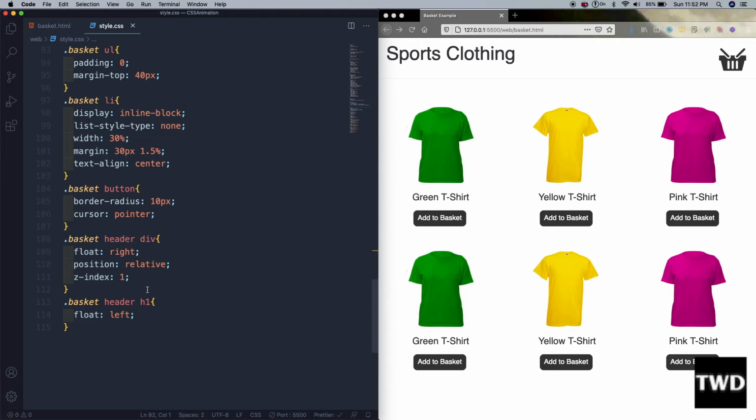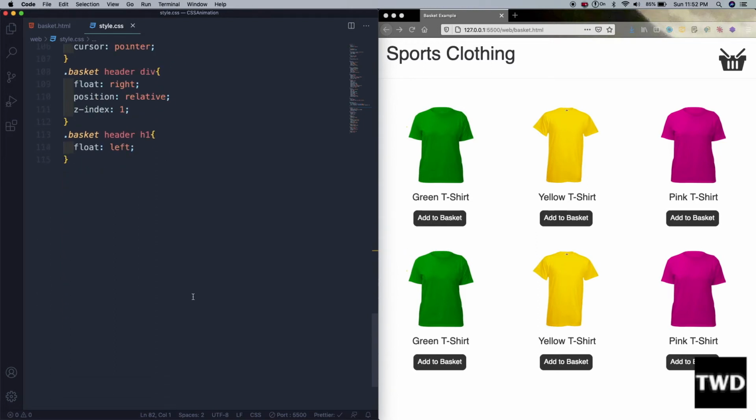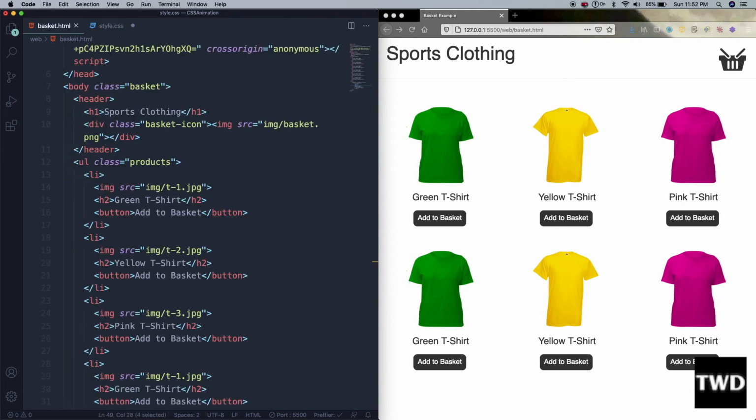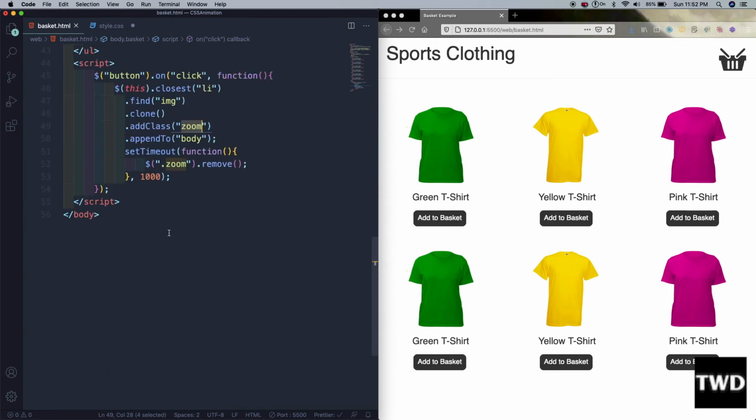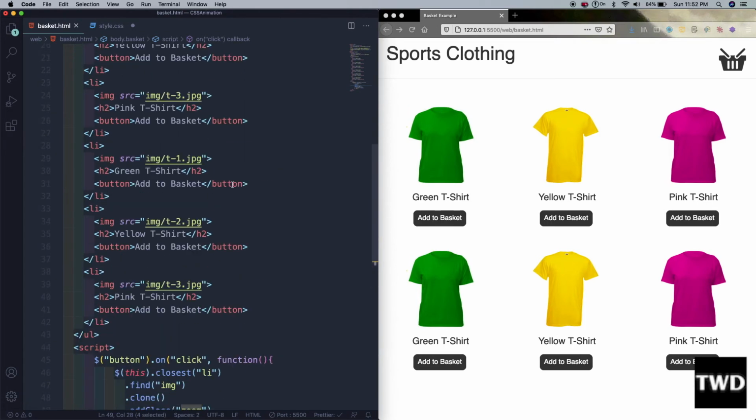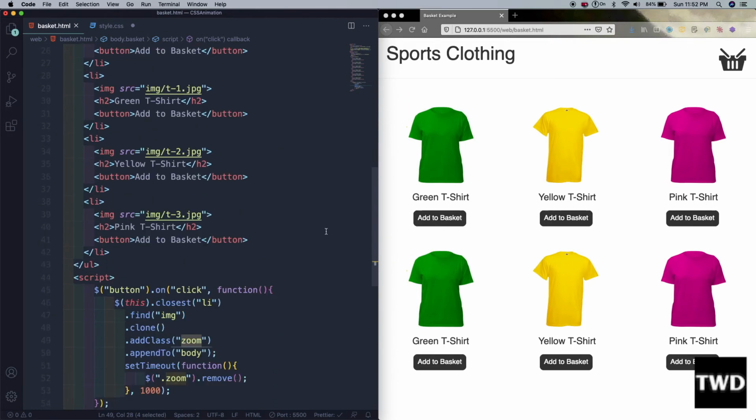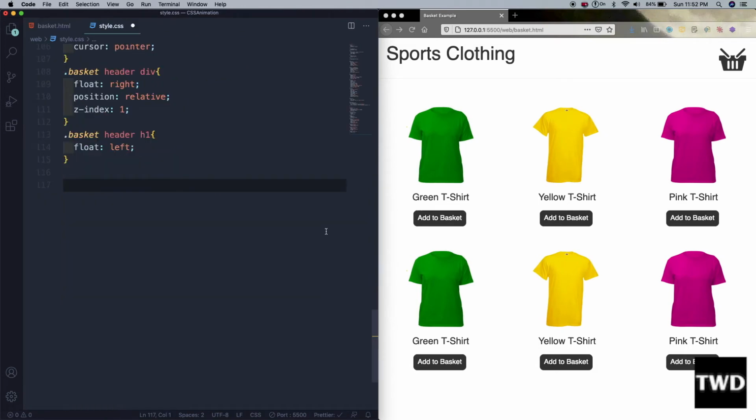So now it's time for the animations. As I told you, this adds the class of zoom when we click on any of the li, or any of the buttons, this add to basket button. When we click, it does that.